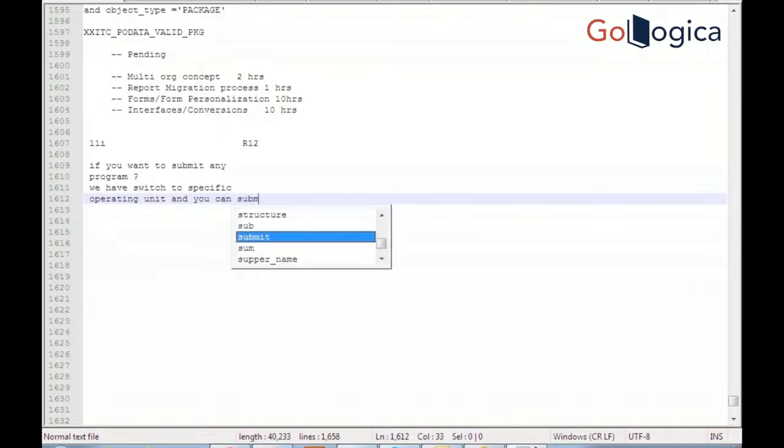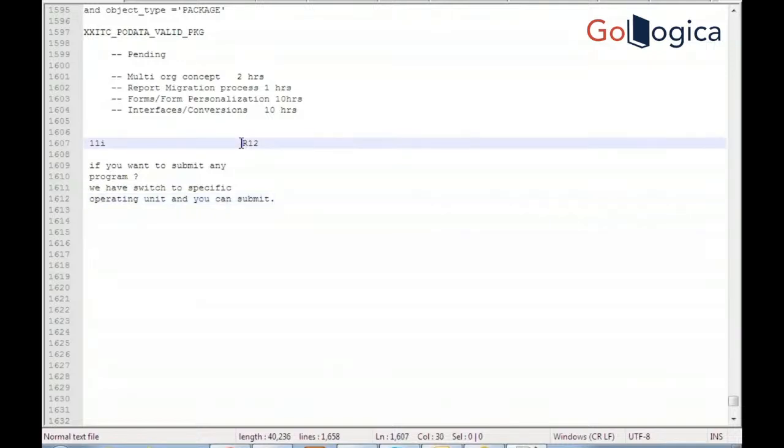Suppose I am in the US operating unit. I'm going to run my program. That is fine. Next, immediately I want to run the same program in the Indian operating unit. What do I need to do? I need to change from that operating unit to this operating unit. Understood? Coming to when the multi-R concept is enabled,